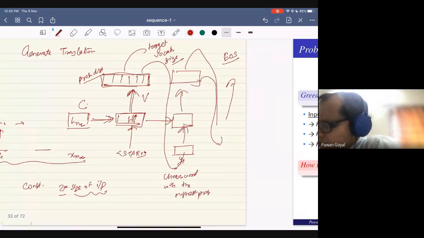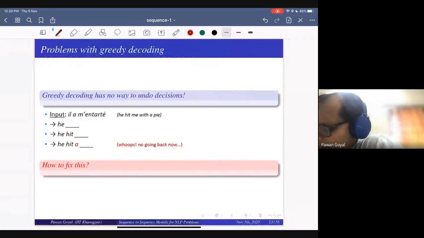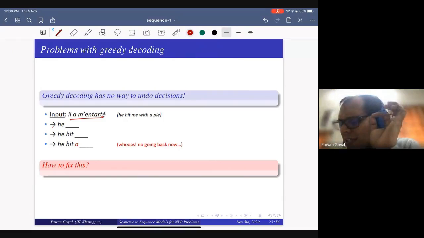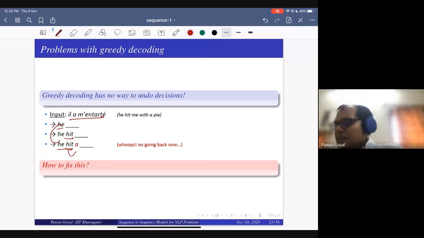So think about a sentence that you're translating. And you translate, you see what happens in your decoding. You get the word with the highest probability. Use that as input to get the next word with the highest probability. Say, he hit. Again, use this hit as input to generate the word with the highest probability, A. But